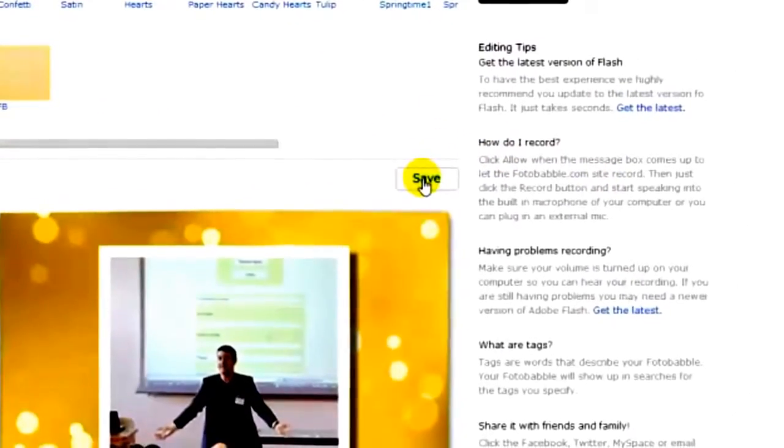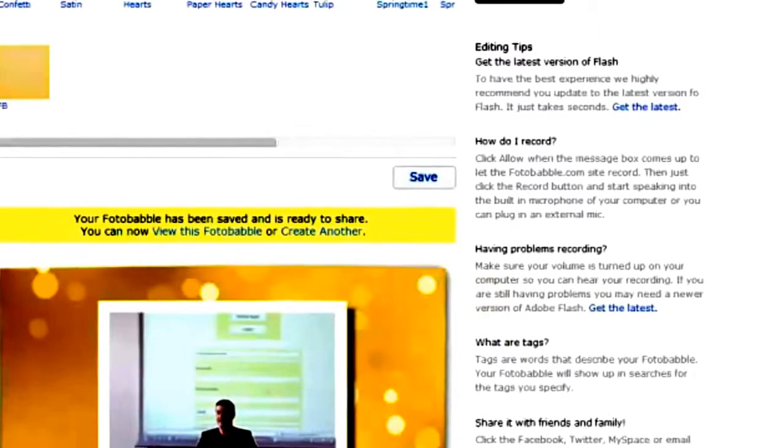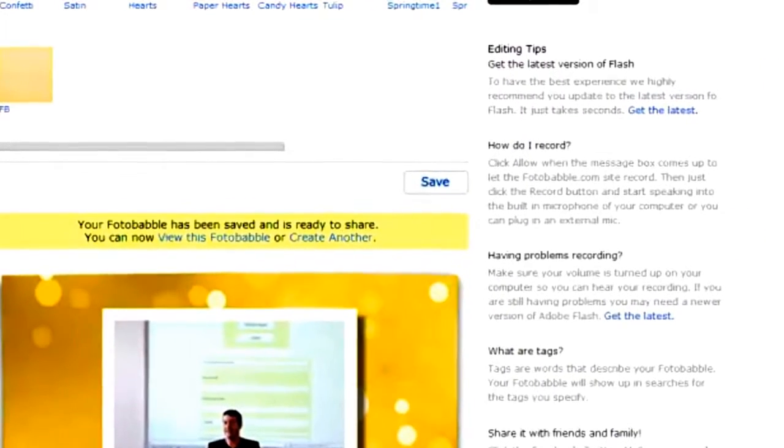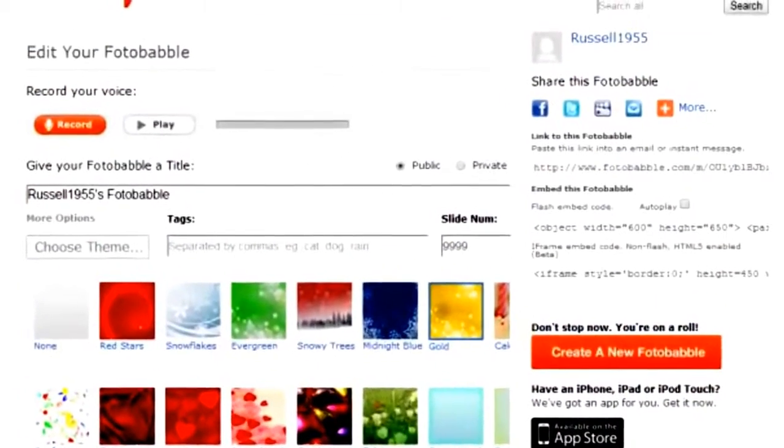Just chosen this theme here. When you choose a theme, you need to click on the save button. So I've now saved that theme with that background to it as well. And what I'm going to do now is look at embedding this particular image into